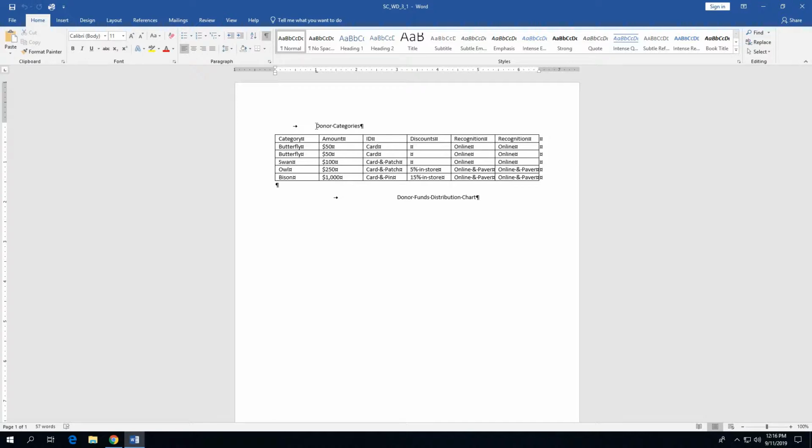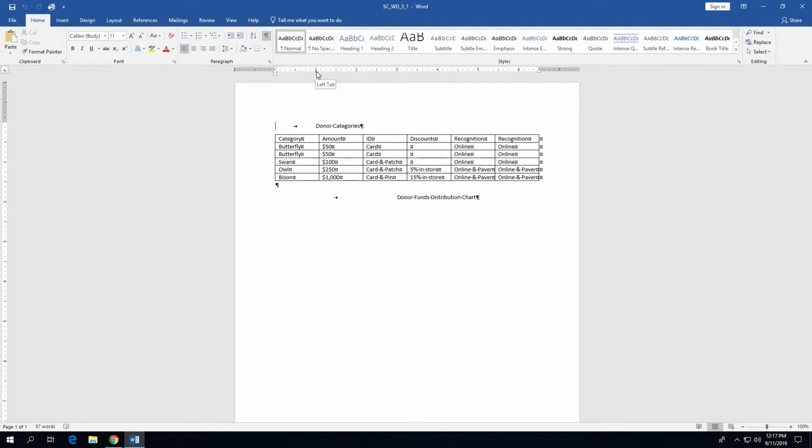Alright, in this case it's the title at the very top of the document where it says donor categories. So you're going to click somewhere in that paragraph and then go up to the ruler, which is right below the ribbon at the top of the page, and you'll notice there's a 1-inch tab set right here,